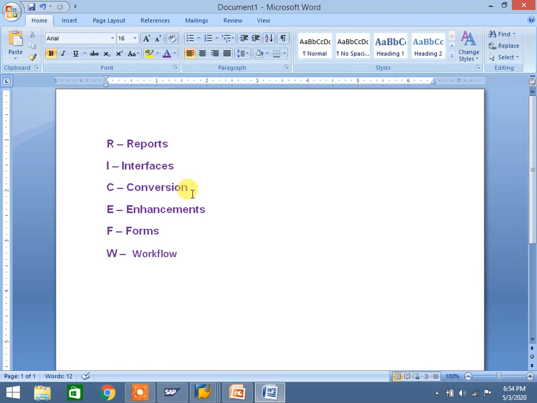We fill data in an Excel sheet, convert it to a text file in Notepad, and upload it to SAP, and it will automatically create the records.